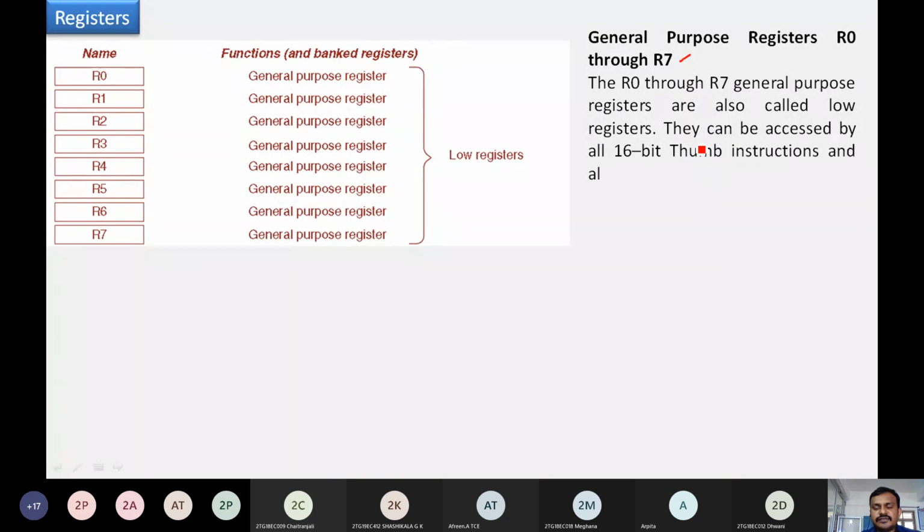In the previous class, we discussed some instructions. These are all accessed by the 16-bit Thumb instructions from the previous version and by 32-bit Thumb-2 instructions. All these registers are 32-bit size registers.